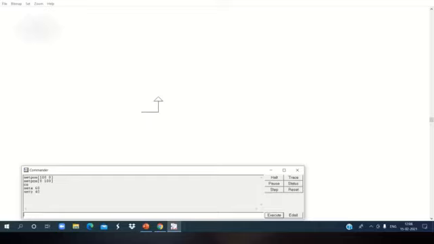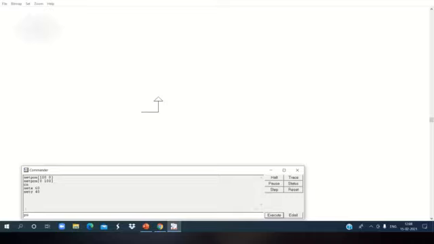Okay. Clear? Next, did you remember the PD and PU commands? PD means pen down and PU means pen up. Clear? If you want to move the turtle without drawing a line, you have to type PU, that is pen up.